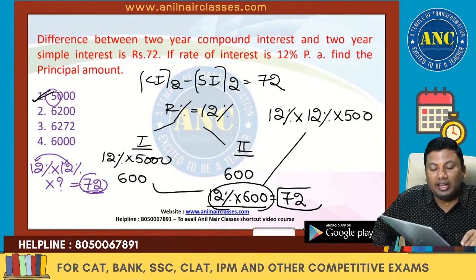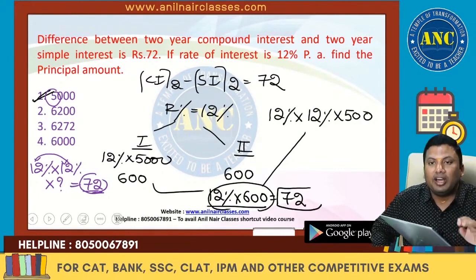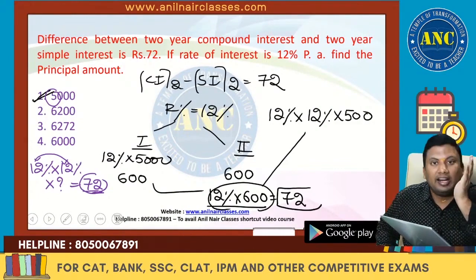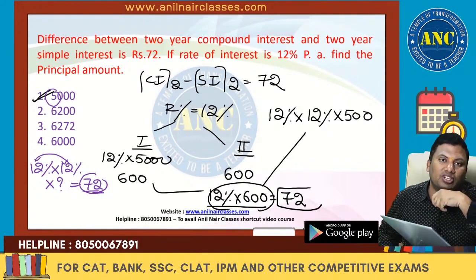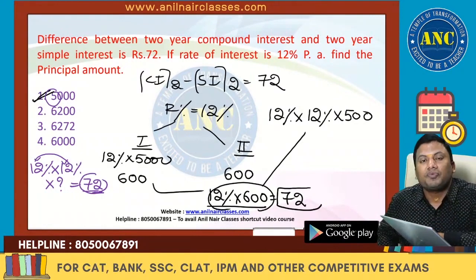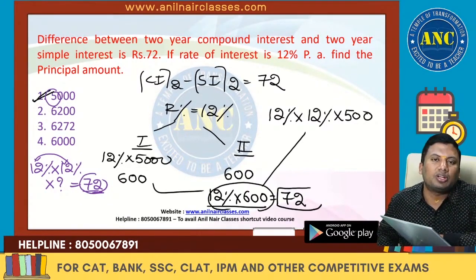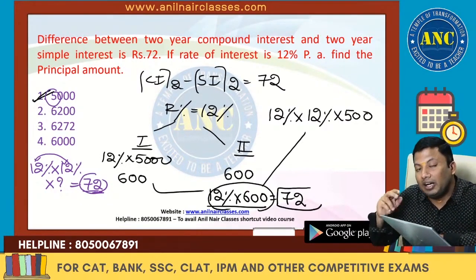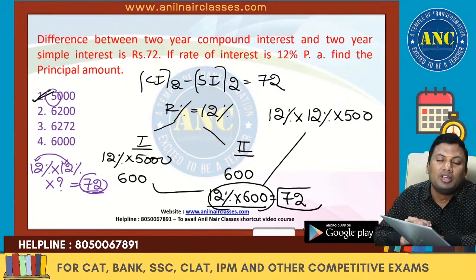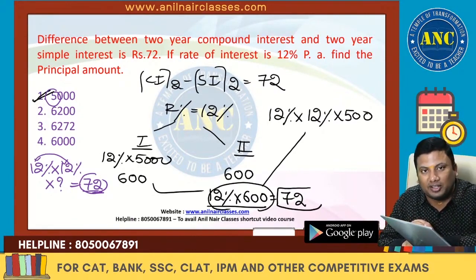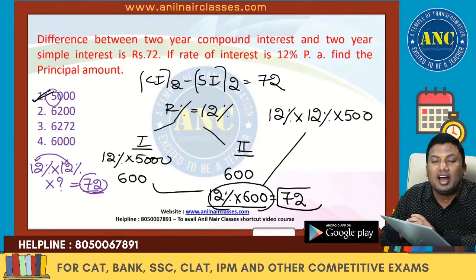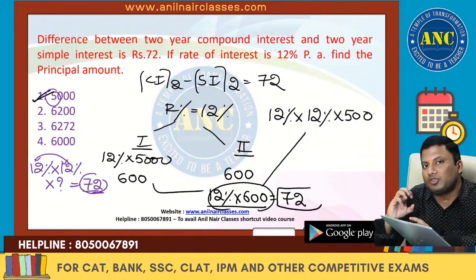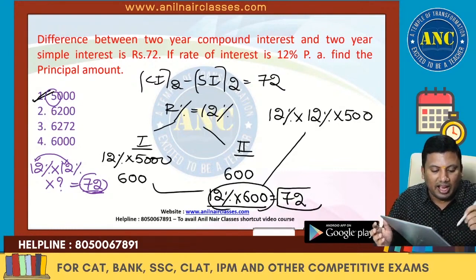So what are all the various problems that we discussed? CI series, CI amount values are in geometric progression. If 3 amounts are given, the middle value is the square root of the previous and later, multiplication factor remains the same. CI for 2 minus SI for 2, how to get the answer. CI for 3 minus SI for 3, how to get the answer. And some problems based on unit digit, based on digital sum. I hope it is clear.